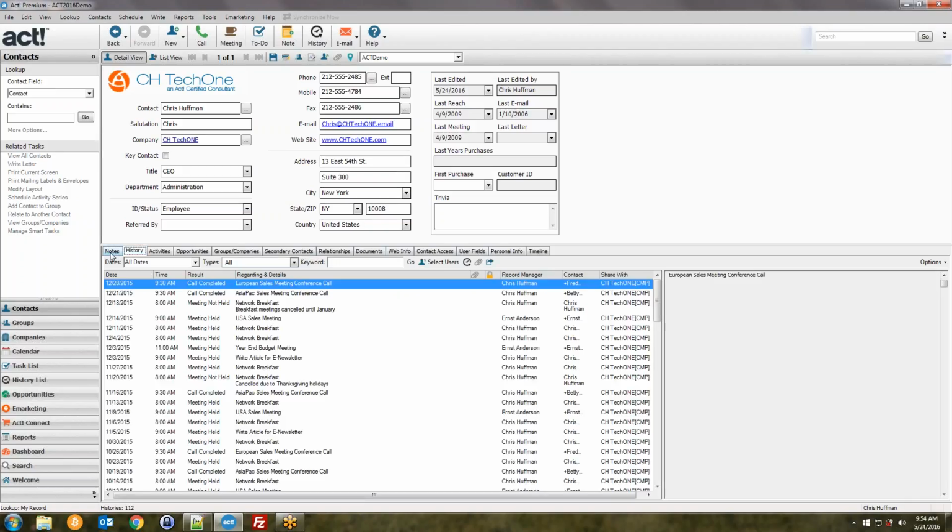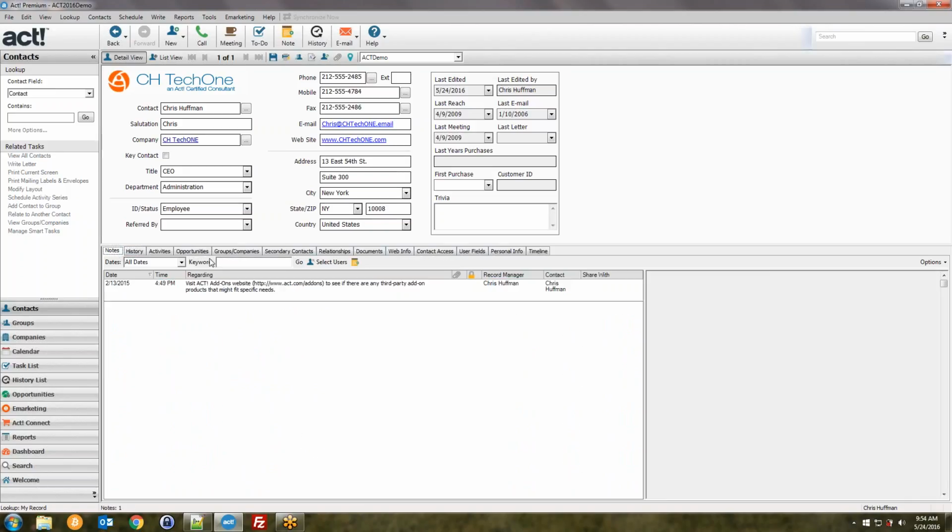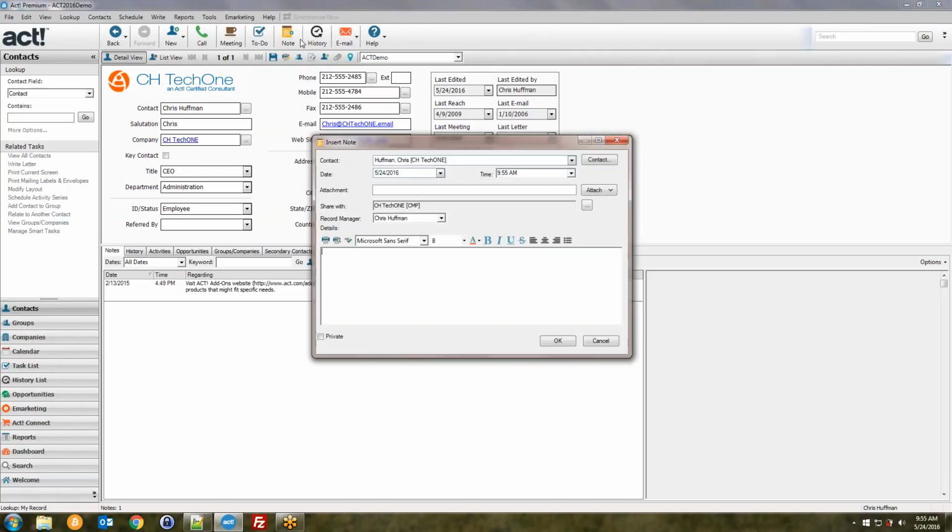So if we wanted to manually record a note, we can use this new note button here. It's a small icon. It's a notepad with a plus. There's also a larger button up here, the notepad with a plus. They do the exact same thing. If I make a new note,